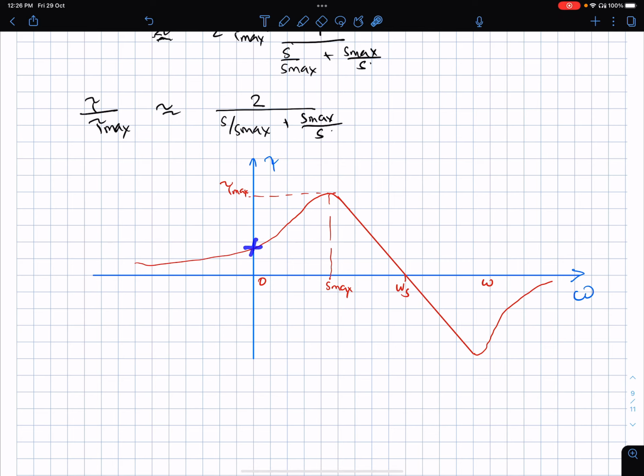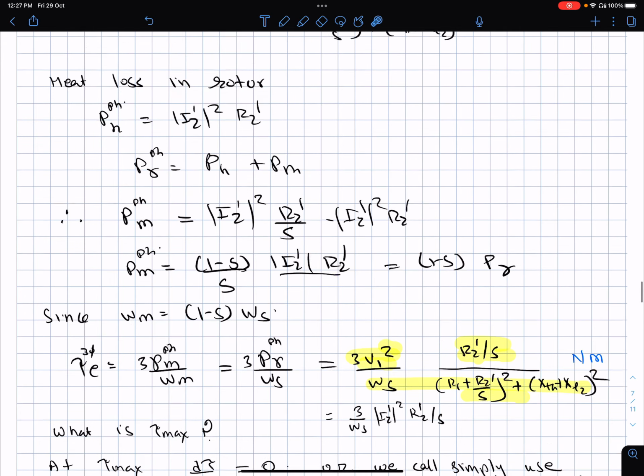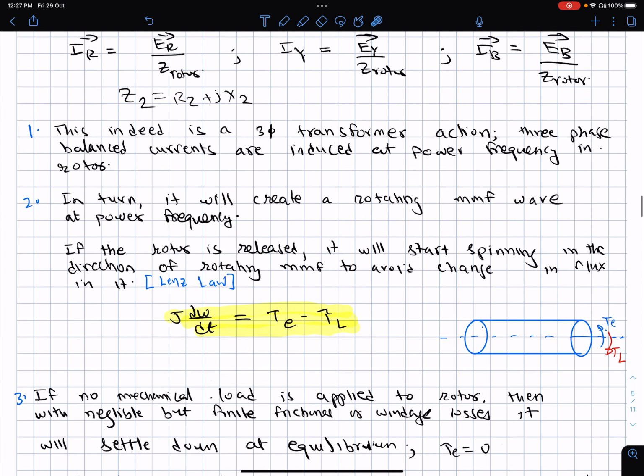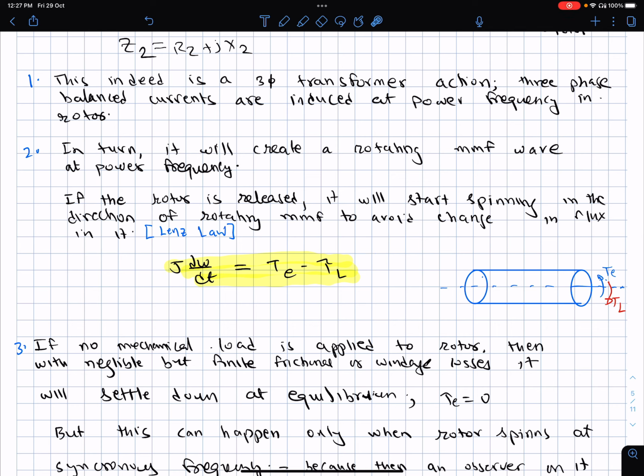Right now these 2 points we have fixed, and you can very intuitively figure out that there will be a maximum electrical torque that the machine can produce. It cannot produce an infinite electrical torque. So in fact there would be some third point sitting here. If you locate these 3 points, then intuitively you will be able to think that this is going to be a smooth curve, and this is the smooth curve. But we will derive it, don't worry about it. The point I was trying to make is that the machine will now speed up to synchronous speed.